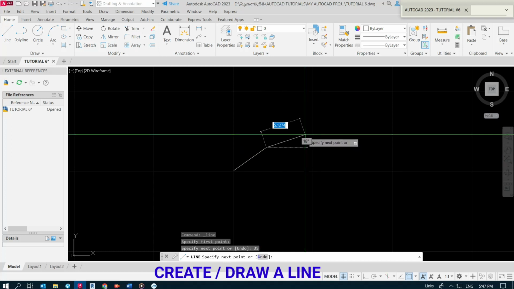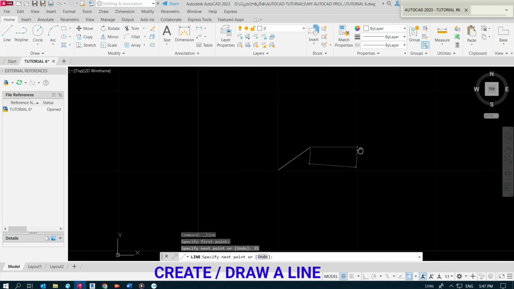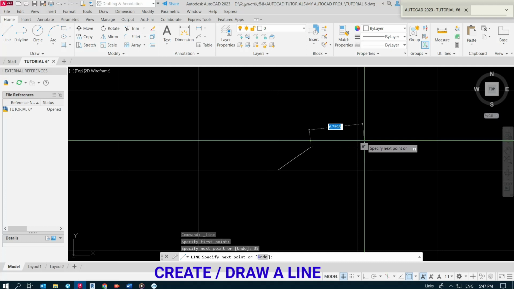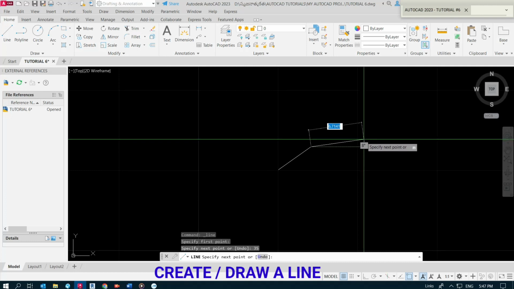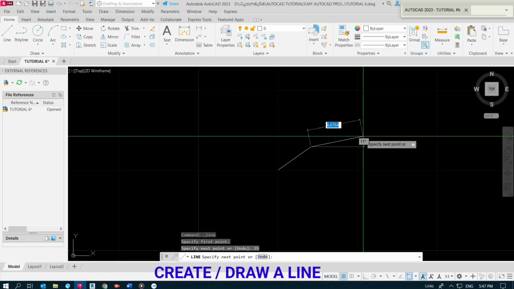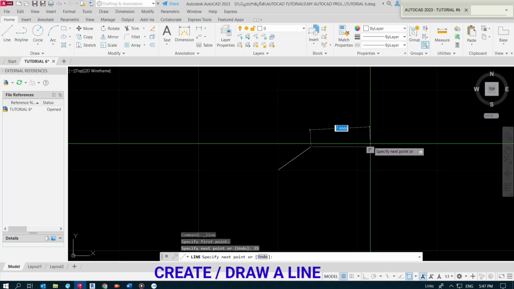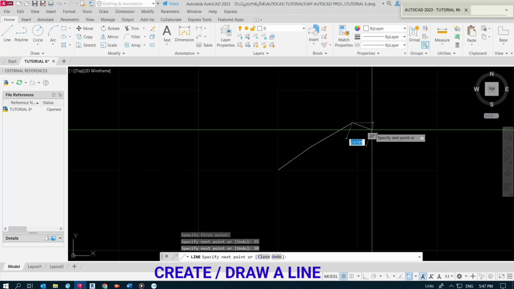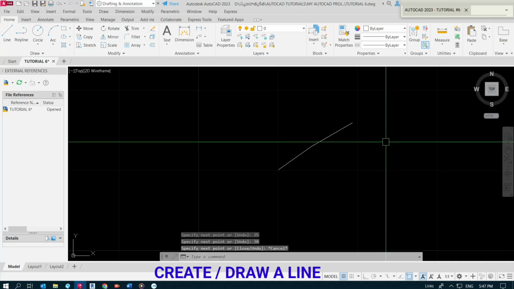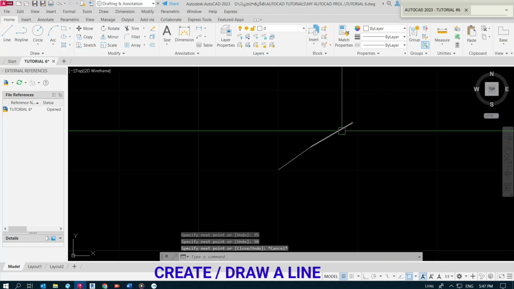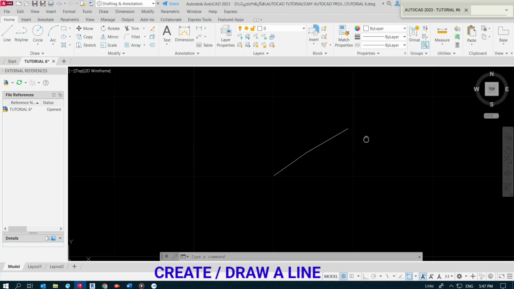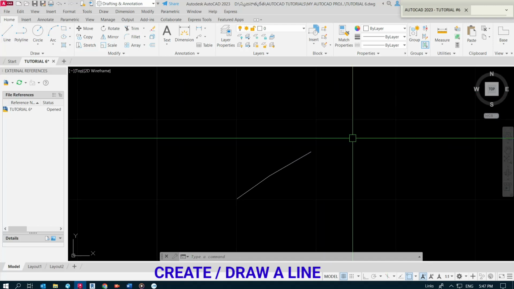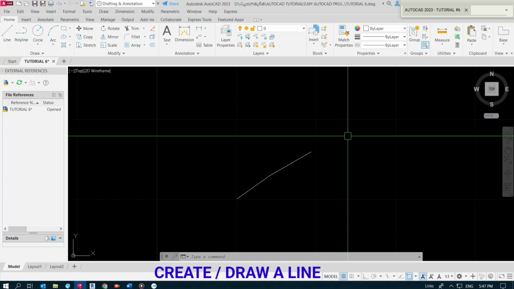The length will be 6 meters. So I will type the number 6 and then press tab to define the angle, which will be 30 degrees. I will press enter to create the line and then escape to deactivate the tool. I can select the line tool again to create more lines, but before I click on the line icon once again,